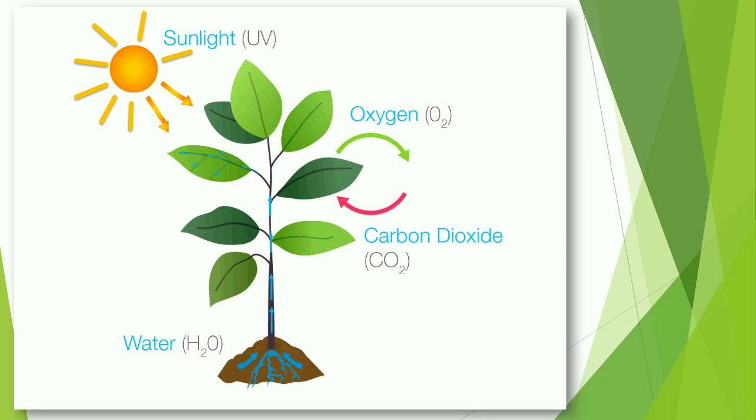When the leaves make food, they take in carbon dioxide and give out oxygen through the stomata. Water is absorbed from the soil by the roots, as you can see in the video. Chlorophyll present in the leaves traps the sunlight. Once all the ingredients are collected, leaves produce food in the form of glucose, and oxygen is released as a byproduct. It is used by all living things for breathing.